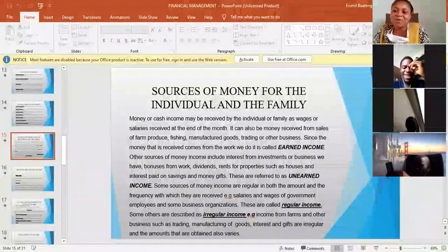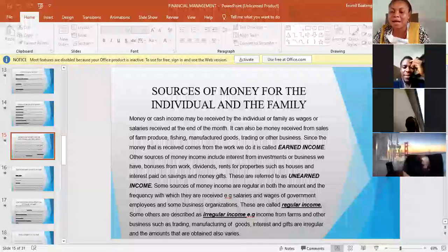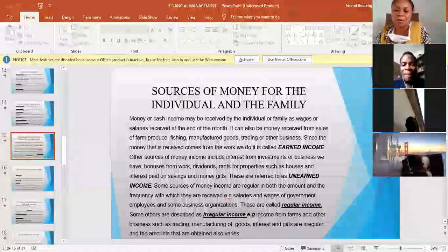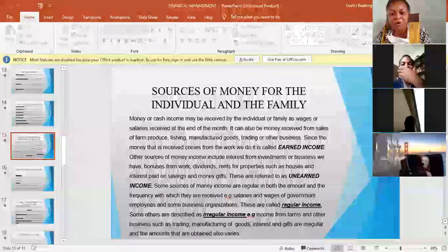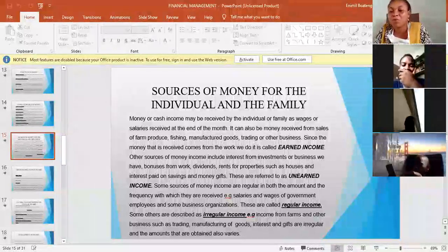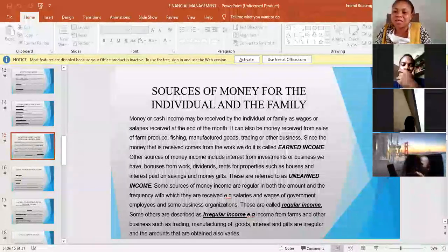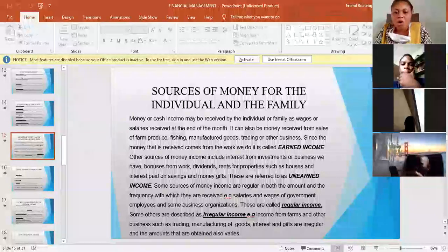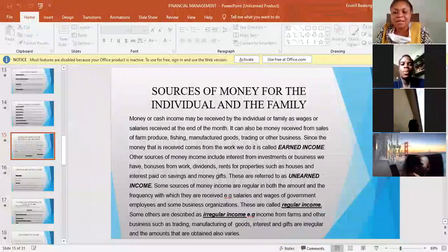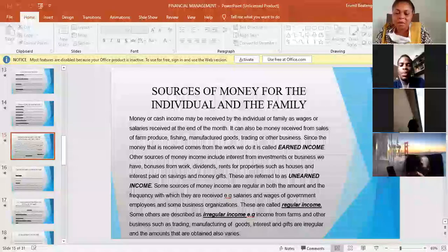We know wages are received either daily or at the end of the week, and then salaries are what we receive at the end of the month. And it can also be money received from sales of farm produce. You have a farm, after harvesting, you sell your farm produce, the money you receive from it is physical cash, that is money or cash income. Or the interest you have earned is also physical cash. But we have